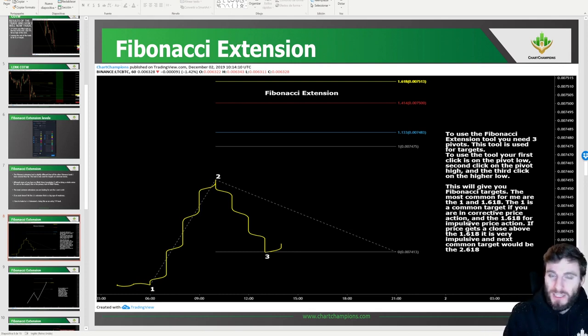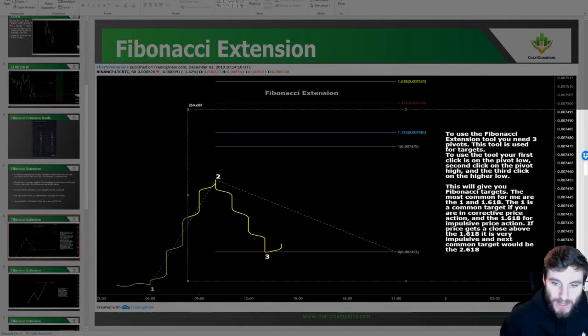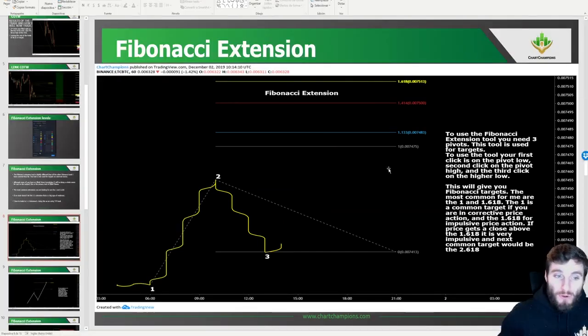Because the one-to-one extension, even if price is going up very quickly to the upside, you will generally at the very least see something like this. Okay, so let's say this was a massively impulsive move, you will still generally see something like that before you just end up going upwards. You will see some form of reaction at a one-to-one, e.g. taking profits. It's not a bad idea there, because even at the very least you can generally add on a little bit lower price than you've taken, or the worst is that this ended up hitting this and falling down, and then you're obviously very happy that you took profits there.